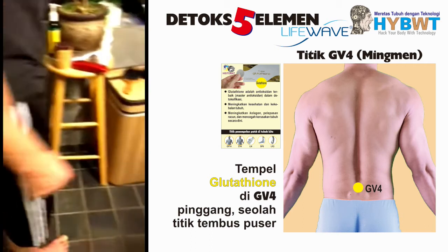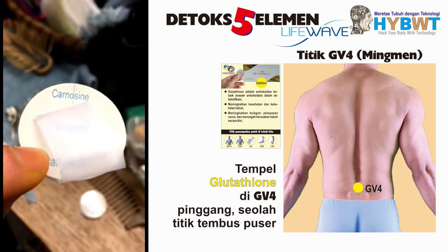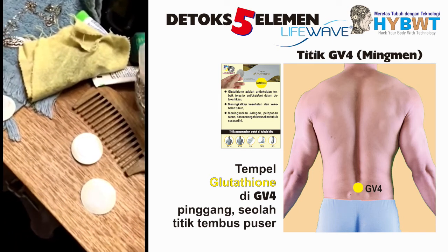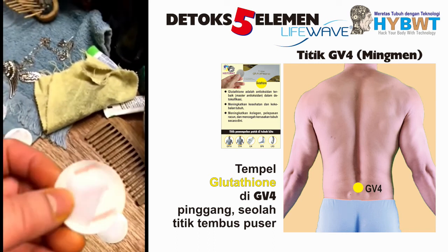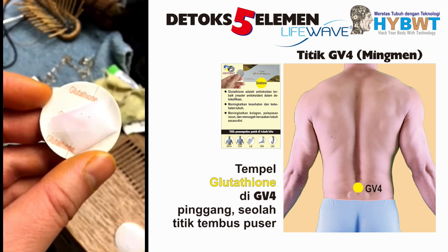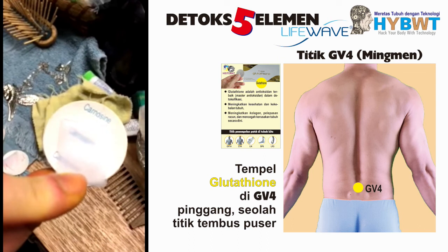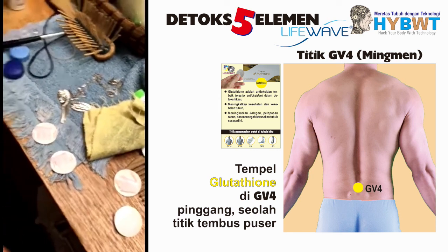And you can start with the carnosine. If you're new to patching, start that maybe 3 nights a week, and you can go up to 7 nights a week. So just to review the extra patching, so the Eon, I suggest use it night or day, 7 days a week for brain balancing. If you've never done brain balancing before, if you have, you don't have to use it often, unless you want to not have stress, then it's great to use every day. Glutathione is the one that you want to go easy on when you start, 3 days a week to start, and then you can go up to 7 days a week if you tolerate it well, if you're very efficient in detoxing. And then the carnosine at night, up to 7 days a week as well, to help with tissue repair. So that, my friends, is the 5 elements detox protocol with